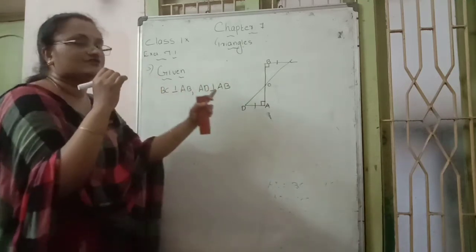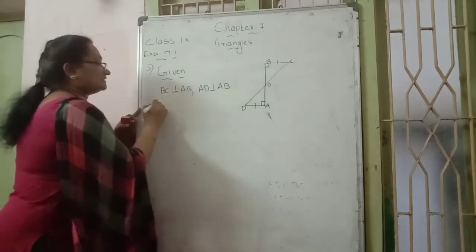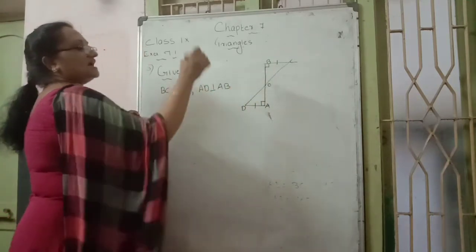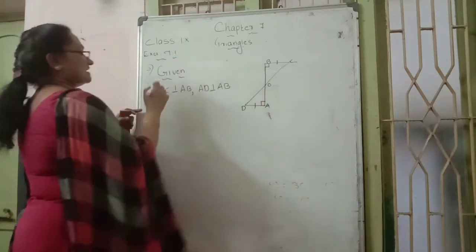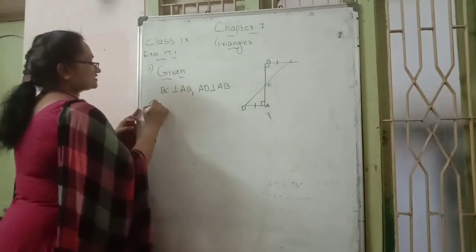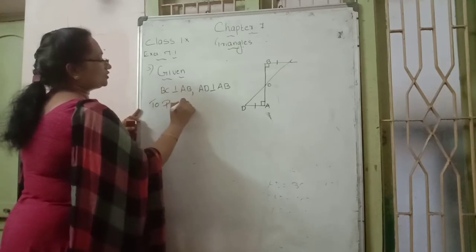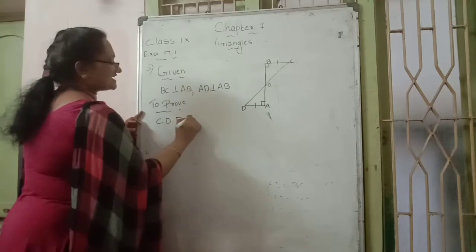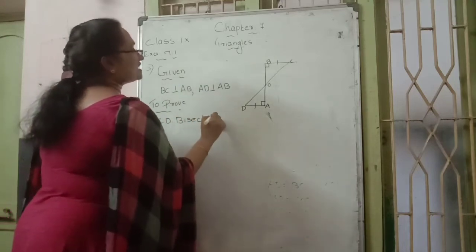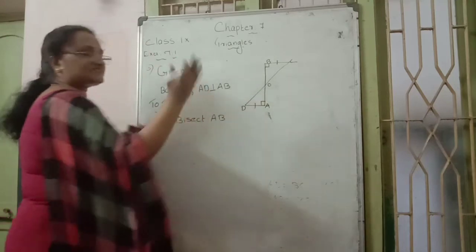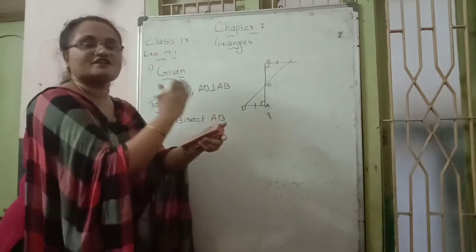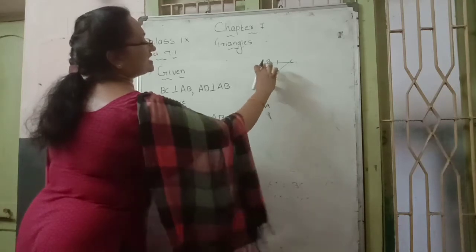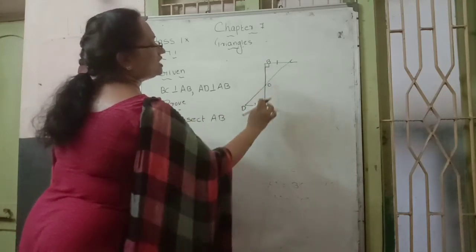These are the two pieces of information we can write. But then we want to prove CD bisects AB. What do we want to prove? Prove that CD bisects AB side. Bisect means cutting. Bisection means cutting. CD line is cutting the AB line, dividing it into two lines, which are